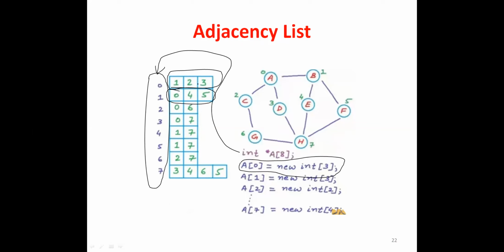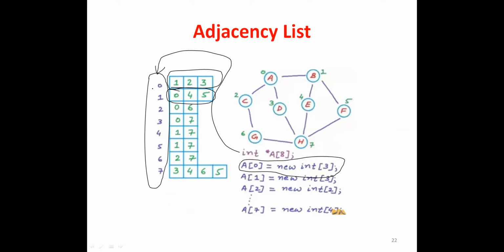Here we are not showing the linked list. In the previous slide I showed the linked list for understanding the concept. Here it is not shown with a linked list, but you can make it a linked list also, no issues. This represents the number of vertices in the graph. So 0 to 7 is nothing but 8 vertices in the graph.